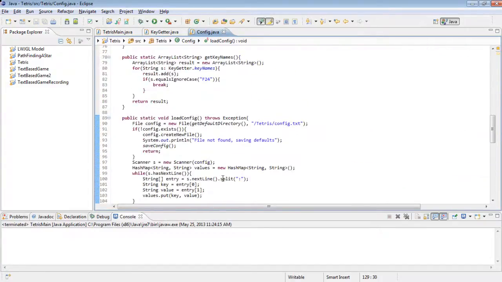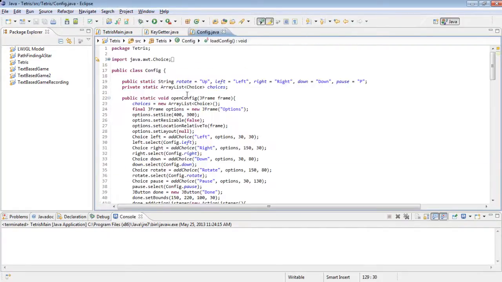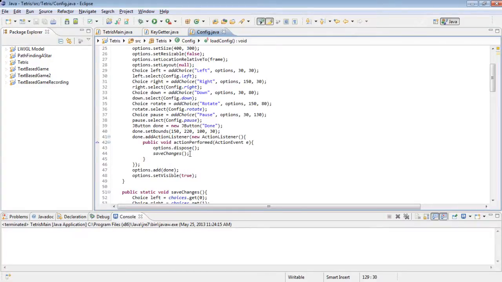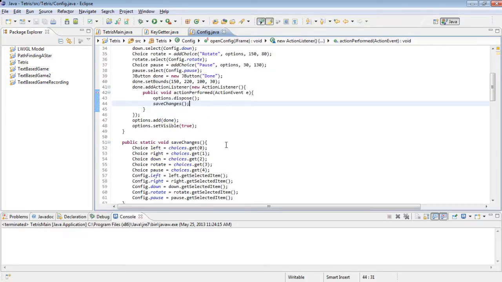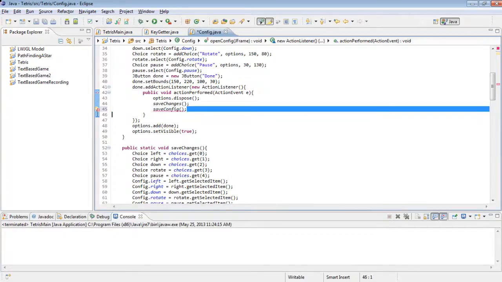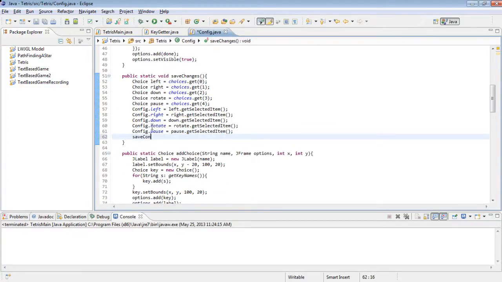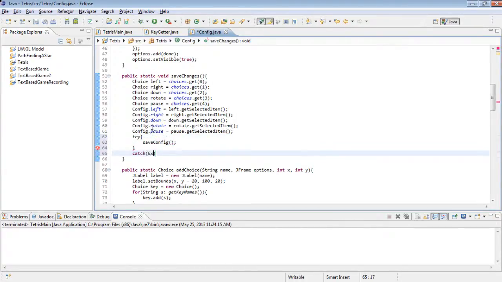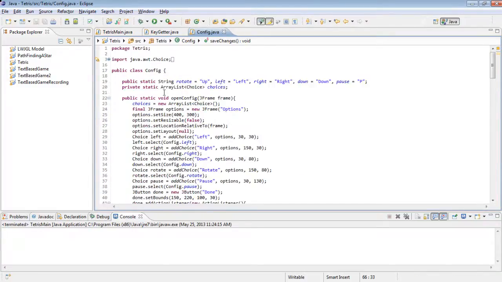Okay, now we need to test it out. So, whenever the done button is pressed on here, we are going to want to save config as well. Actually, we'll just add that to the save changes method. Save config, and we're going to have to try and catch that. Try catch exception, e.printStackTrace, and then